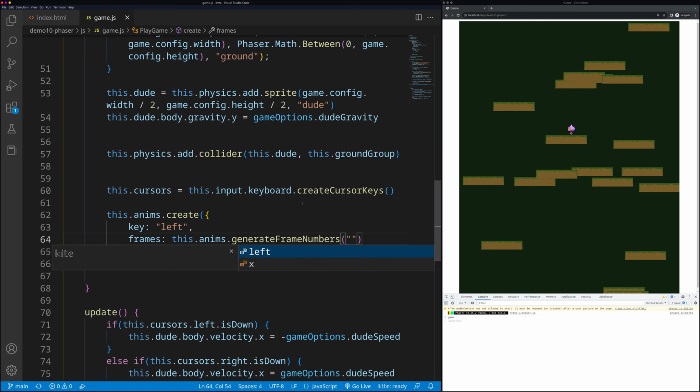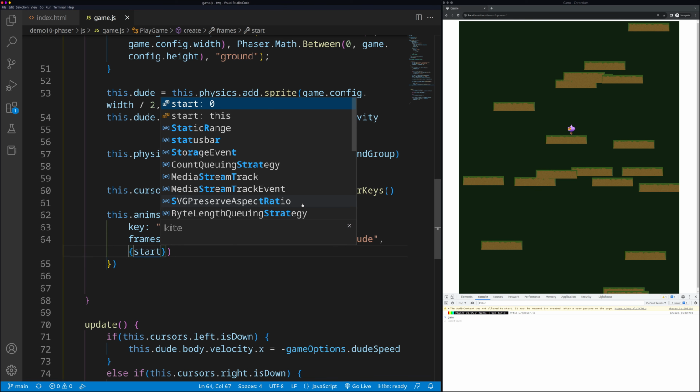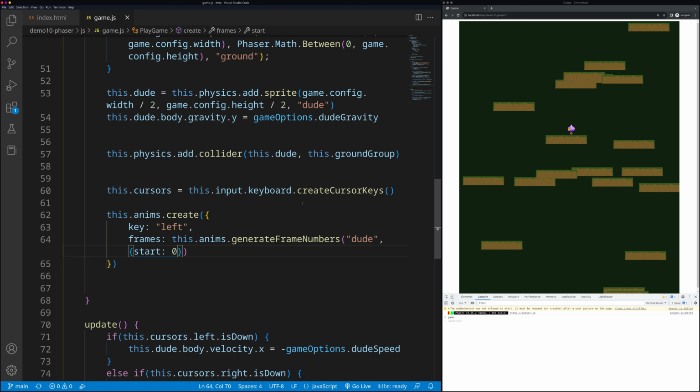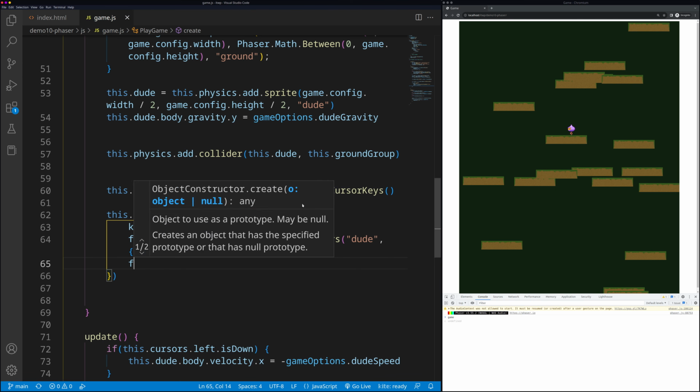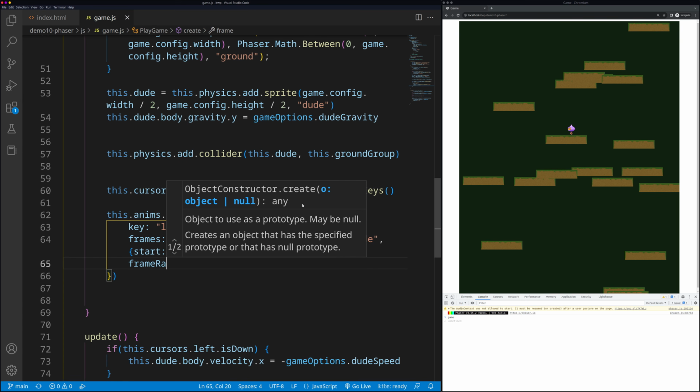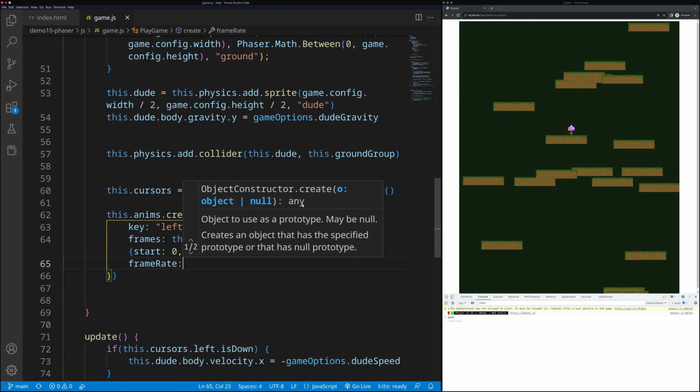We are taking the sprite sheet called dude. Start is the 0th sprite and end is the 3rd one. And then frame rate can be 10,